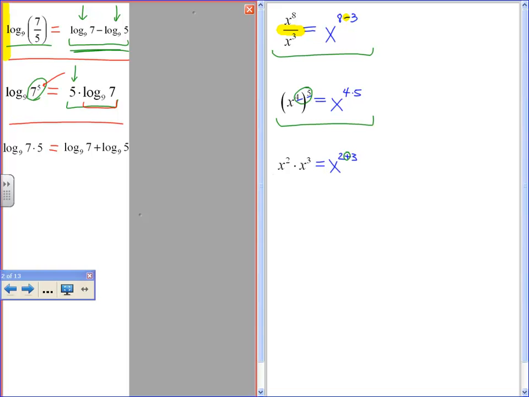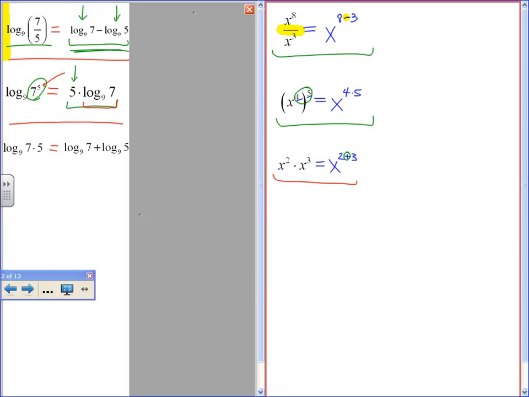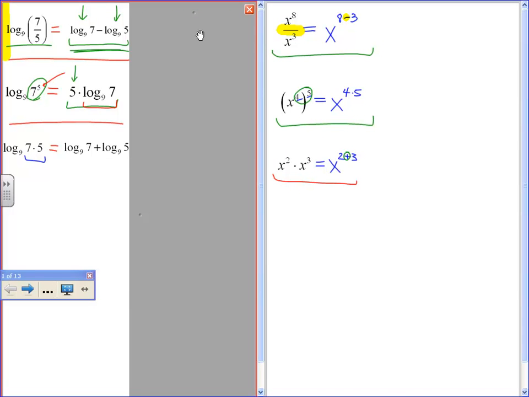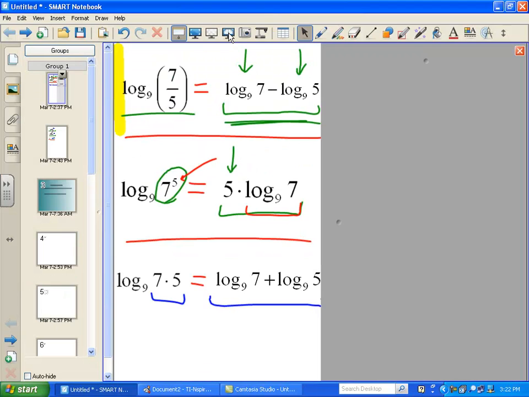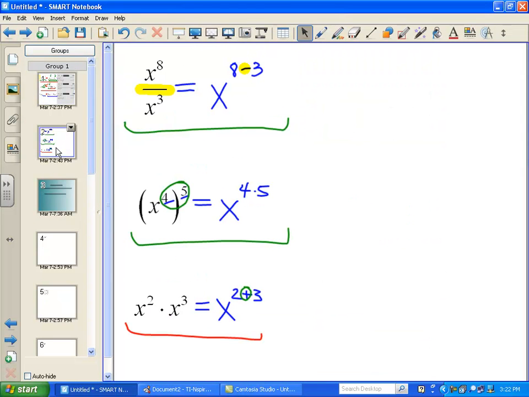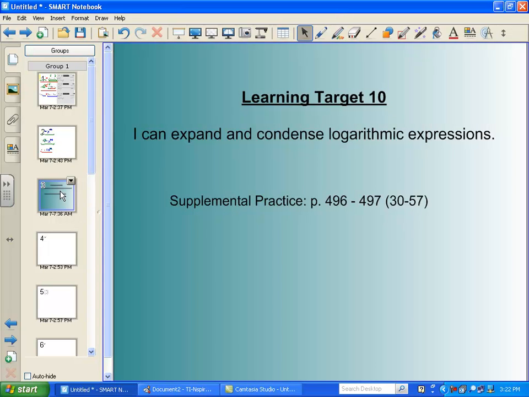Finally, the last one. Remember on the right side I said if I multiply two numbers I add exponents, and same thing on the left. On the left-hand side, if I'm multiplying two numbers, 7 times 5, then I will add the exponents and look at each logarithm as an exponent. So hopefully that gives you a good frame of reference with these 3 warm-ups, and that'll help us get into learning target 10, which is I can expand and condense logarithmic